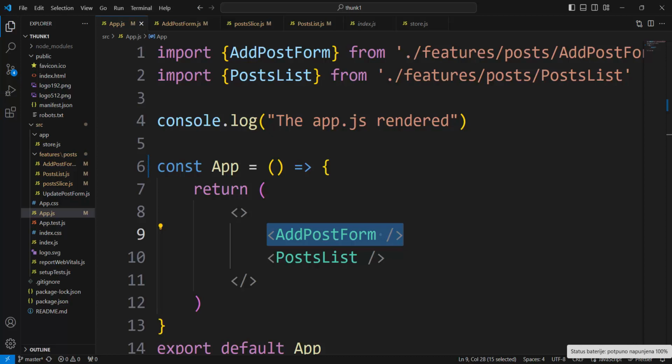sent to asynchronous. Who is responsible for asynchronous? Thunk function. Dispatch thunk function. The thunk function creates, among other things, an asynchronous request, a post. In that request, it sends the title and content, what we typed. Send to